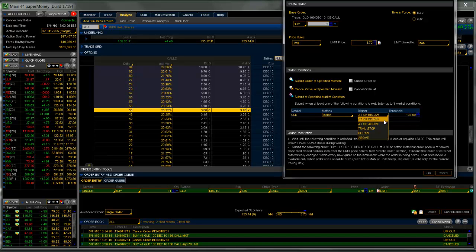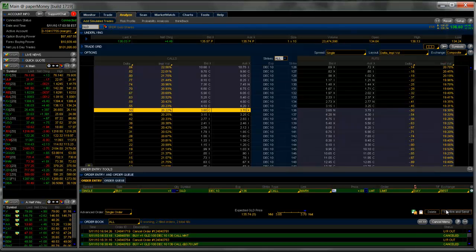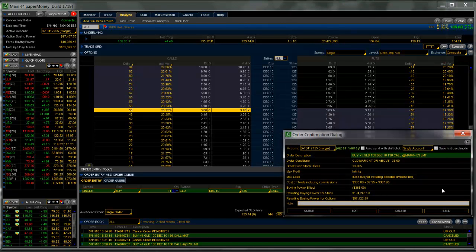We're going to do GLD method mark at or above 133. Not doing manual, we're doing mark, which is the fair price, the mid price, and we're not going to do minus, because we've got to give the market maker something. If we're aggressive, we'd do 2 cents, but really to assure ourselves we're getting filled, we'd do 3. We're not doing good till cancel, we're just putting it in for a day order, we're just buying 1 GLD 136 call. Press OK, press confirm and send, and of course here's how it shows up, at mark plus 3,